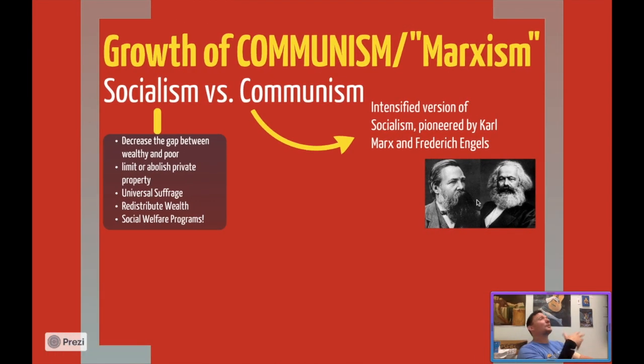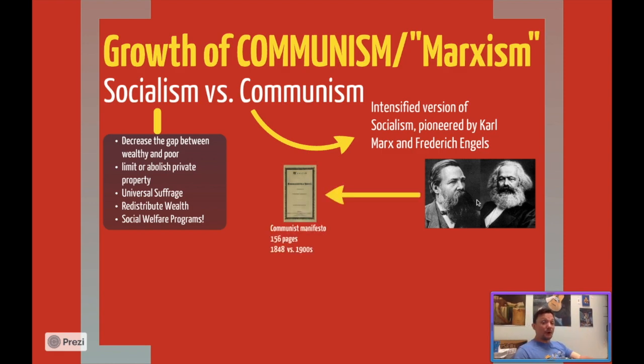But he also workshopped these ideas with Frederick Engels, for any Frederick Engels fans out there on YouTube. The big thing about it, though, in general, is Karl Marx and Frederick Engels came together after meeting each other at a Paris economics conference, right? And they actually decided together that socialism doesn't go far enough, right? And they decided to sit down and create a new type of ism, and that ism would be known as communism. And then Frederick Engels would use his connections and his money to have their book printed,